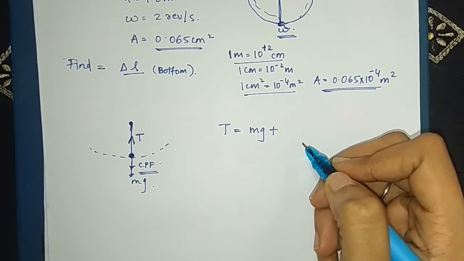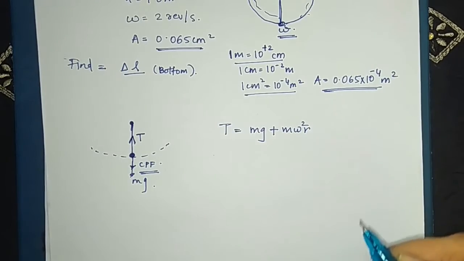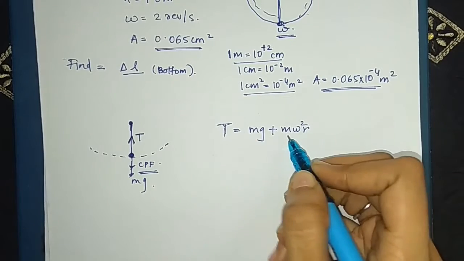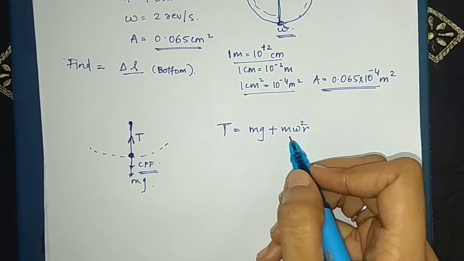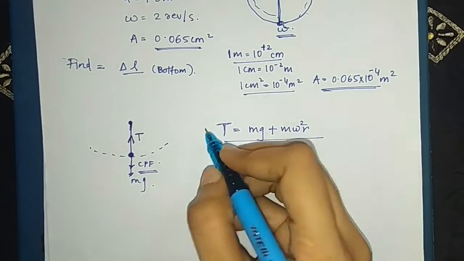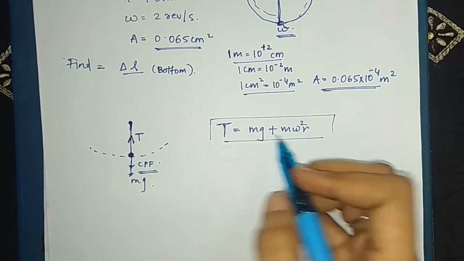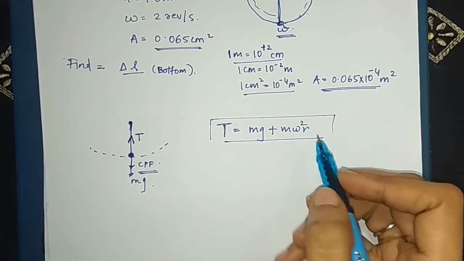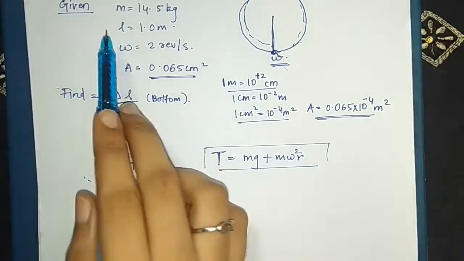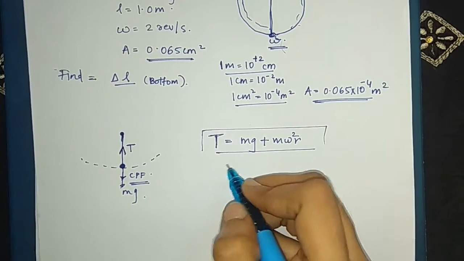Now how is the centripetal force written? It can be written as m omega square r. In the rotational chapter, you must have studied that the centripetal force is given by m omega square r. This is the force, the tension that is acting in the wire. As we know the mass, the angular velocity and also the radius, because the radius is nothing but the length of the steel wire, we can calculate the tension from that formula. So let's plug in the values.